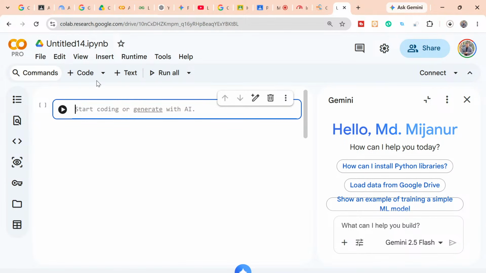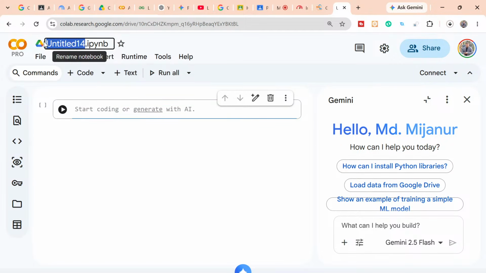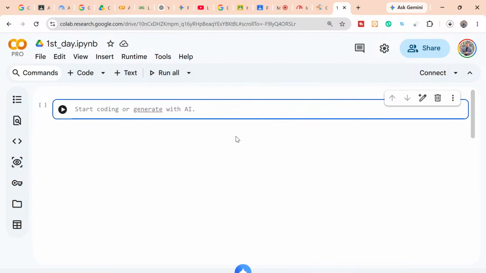So this is the code editor. You already know about this code editor. We can easily put in our name. Suppose I put the name "first day". This code editor has an option to use the GPU. So how can I connect the GPU in Google Colab? For that, if you check